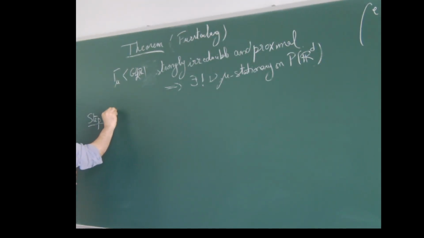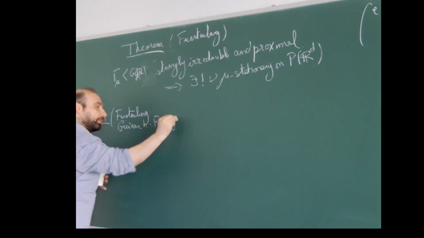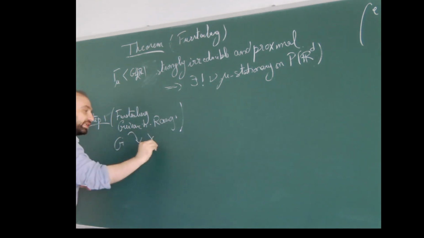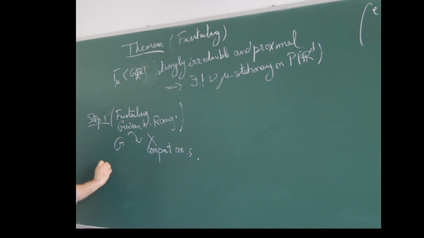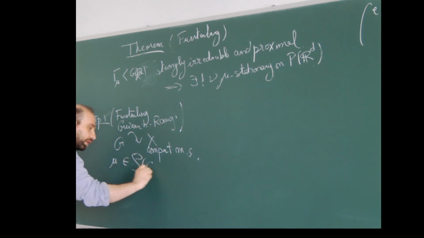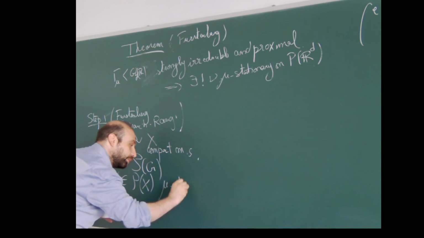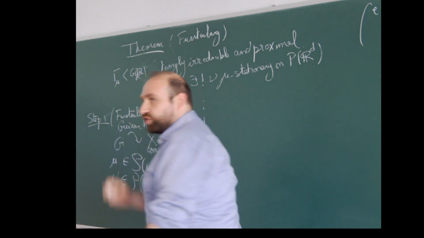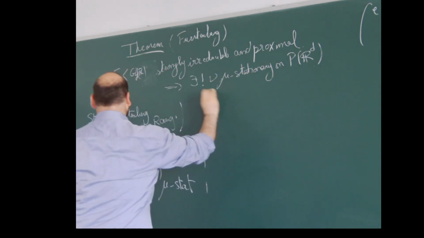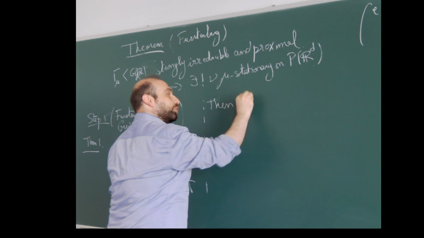So I will put Furstenberg and Guivarc'h-Raugi, and I will be clear about what is happening. You have a topological group acting, let's say, on a compact metric space. You have a probability measure mu on G, and a probability measure nu on X, which is mu-stationary. This already implies something on the trajectories of the random walk. Then, almost surely,